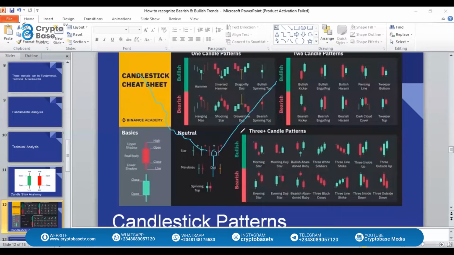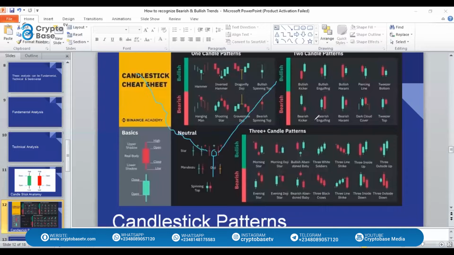So let me try and clear this now. Okay. So the next demonstration, there are also patterns here. The one candle pattern, two candle pattern, bullish engulfing, bearish engulfing, plenty of them like that. Guys, you can screenshot what you are seeing on the screen right now so that you can save that candlestick cheat sheet, because you might never know where you're going to see it next. Make sure that you screenshot it and save it for yourself.